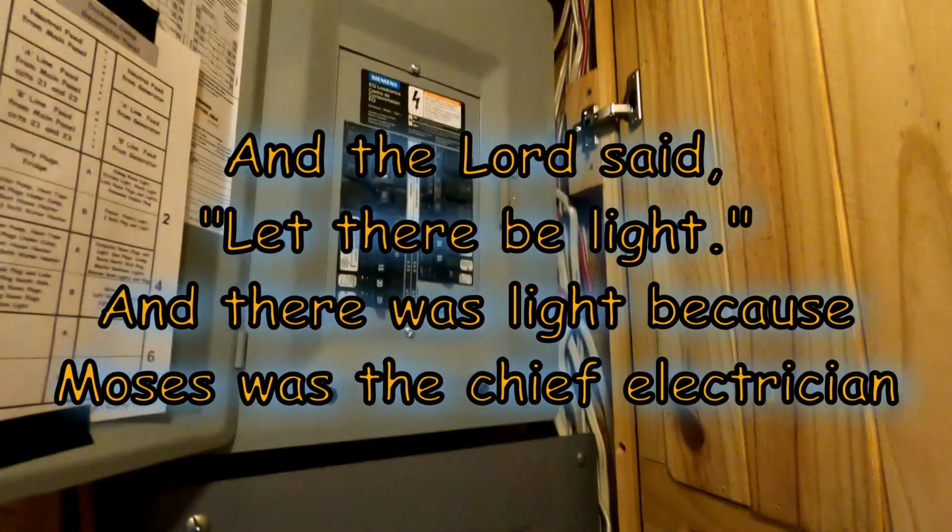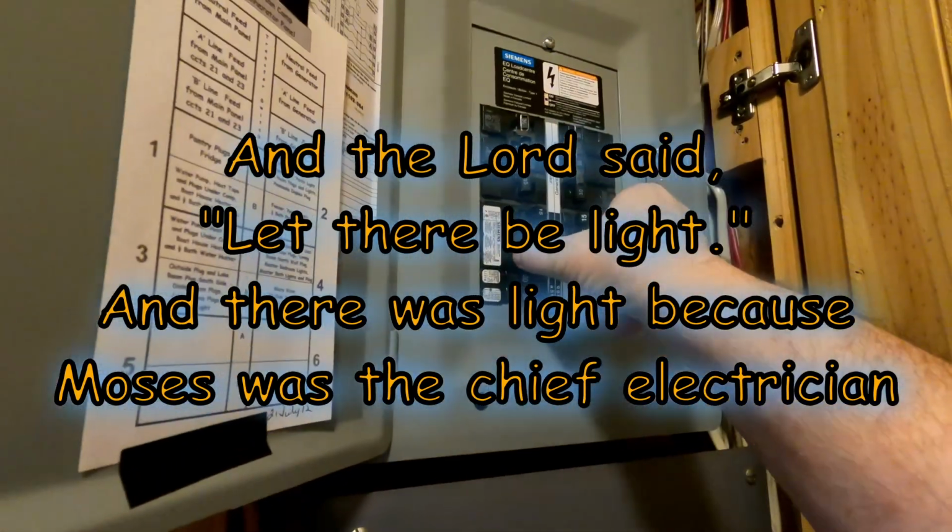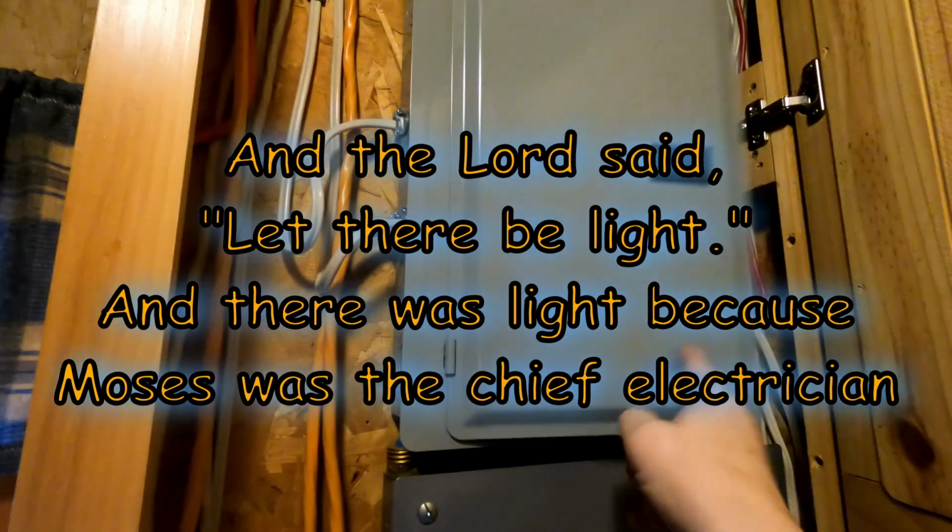There, we got light again. And that is that. I'm done. We're back on generator power, so that didn't take long. And I'll just tell you what I have on my generator. It's a 30 amp service coming from my generator. And what I have on it is,